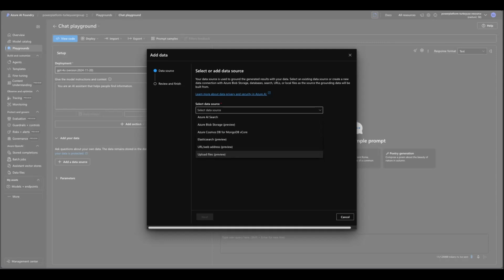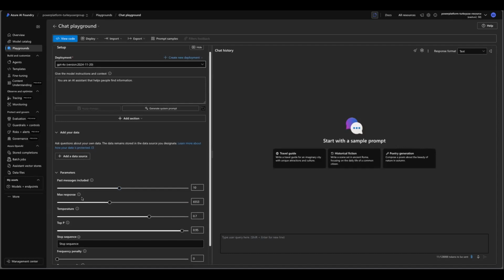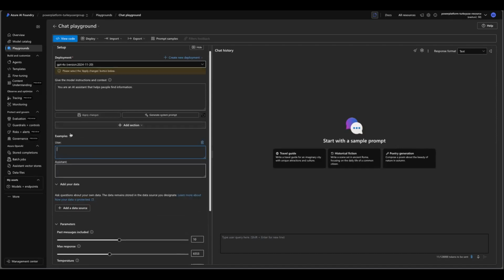So if there is an update, you need to update it here as well. So the parameters, you can define all this, like maximum response and temperature as well. And if you go to the section here, add section, you can save the system message. This is very important. And this is actually, I saw this yesterday and I was super excited because when we